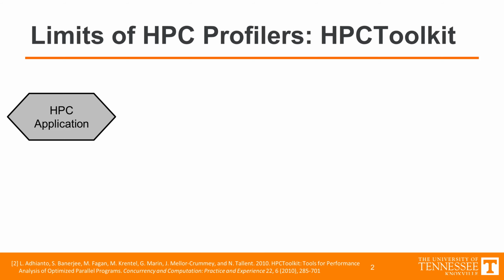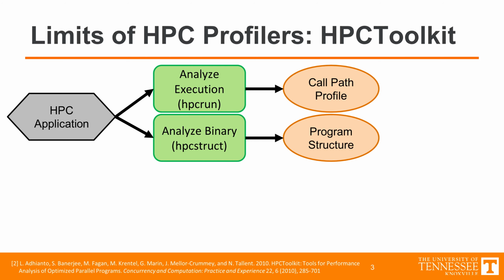To start, I want to introduce some limitations of HPC-focused profilers, using HPCToolkit as an example. In the HPCToolkit workflow, you start with the application being profiled. You then run this application through the HPC Run and HPC Struct tools. HPC Run actually runs your program and collects raw performance data, such as timing data, and stores it in a call path profile. HPC Struct performs binary analysis of your application and generates a representation of all the caller-callee relationships